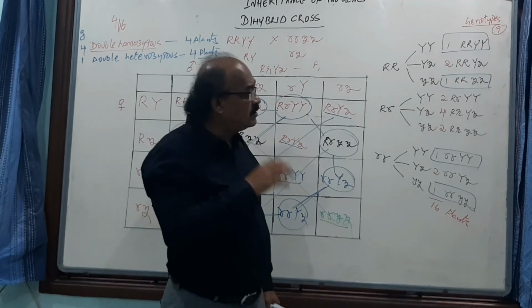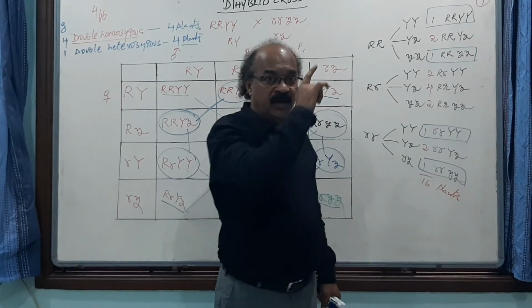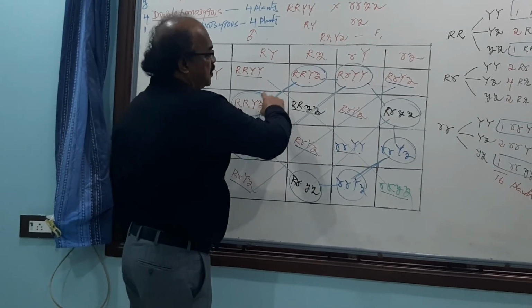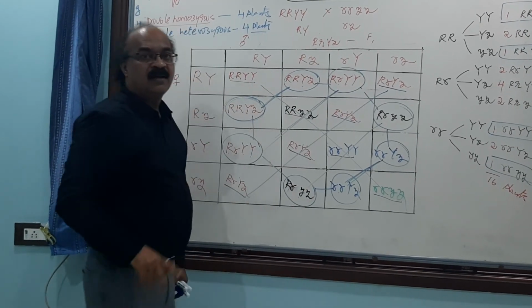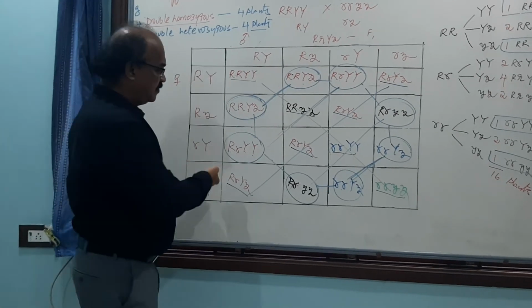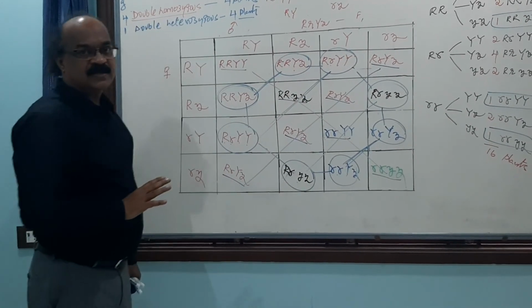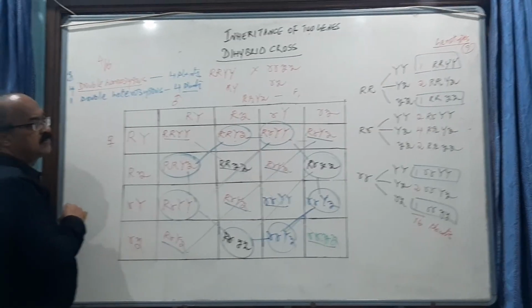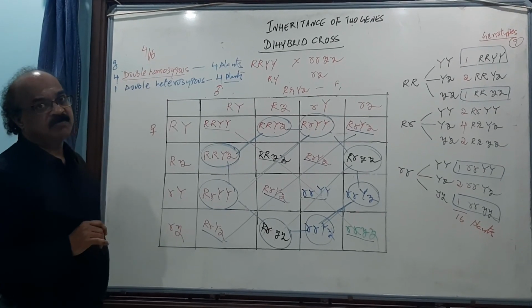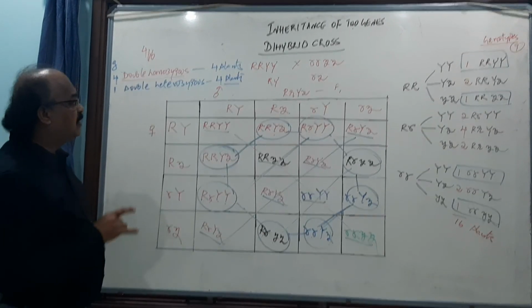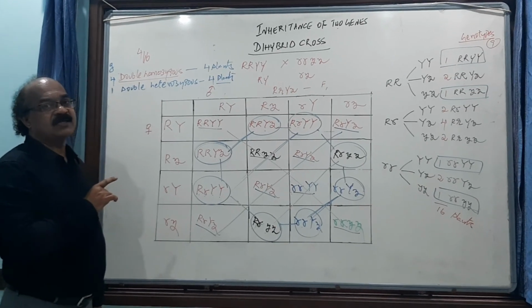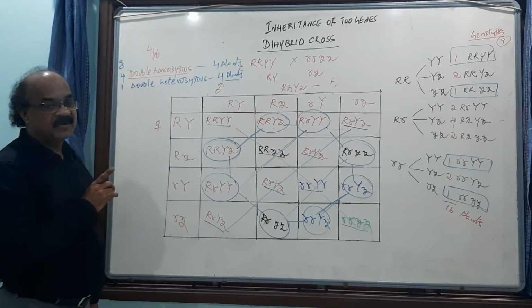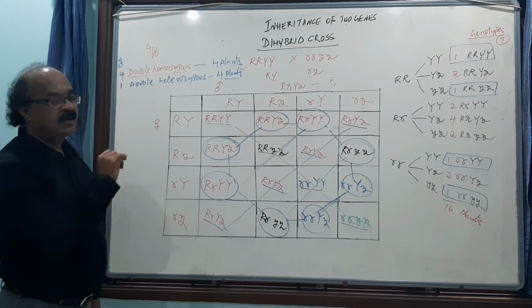I repeat, it is easy to remember. 1, 1, 1, 1. Double homozygous. 2, 2, 2, 2. 1 homozygous, 1 heterozygous. Right? In descriptive questions, problems, when they're asking, you must be careful. You have to say whether they're asking about the double homozygous, double heterozygous, homozygous for one, heterozygous for one. Like that, you have to read carefully and you have to conclude.